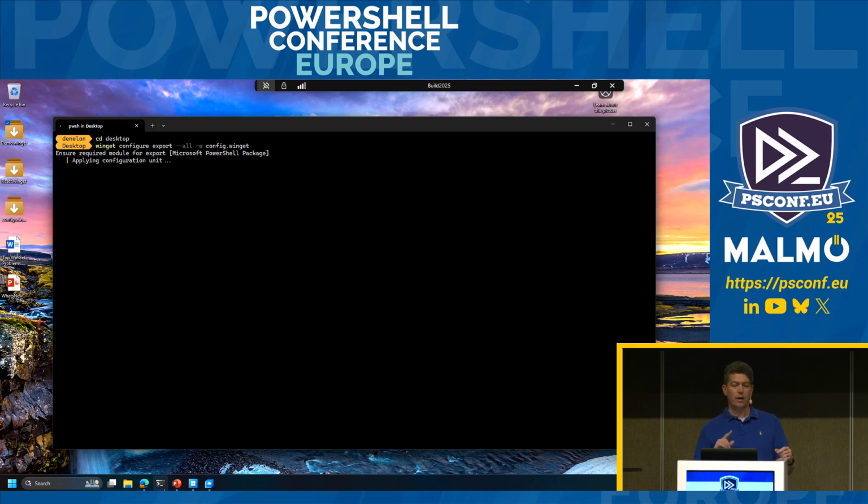And it's going to now go through and make sure that it has all the things it needs for export. One of them is pulling down a Microsoft Windows settings PowerShell module. That's a V2 module, but we've added support for export to it that Winget knows it needs. It's going to make sure that it's got the right version of desired state that comes from the Microsoft Store, so that we're getting the 3.1 version at a minimum. It's going to then go and iterate over all of the Windows settings that Winget has. It's going to start applying those into the configuration file. The last thing it's going to do is iterate over every single installed package and add all of those as well.